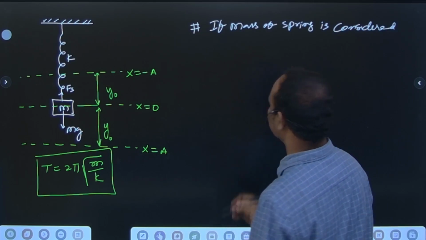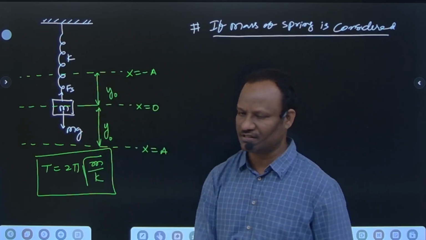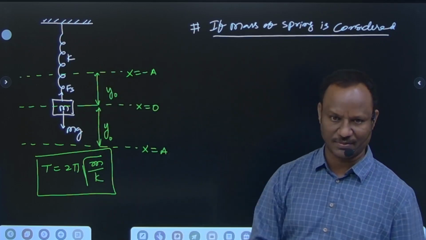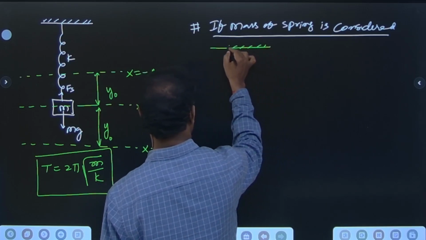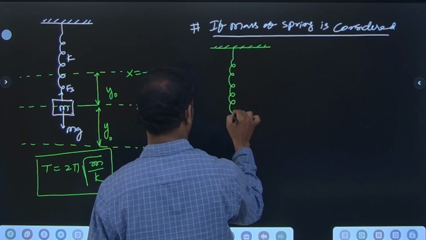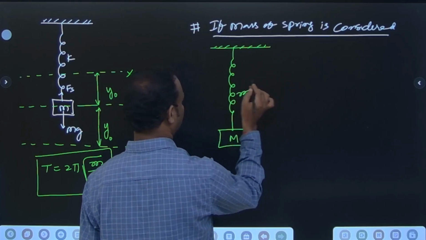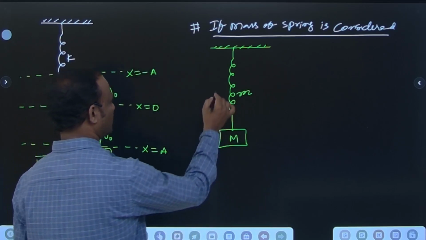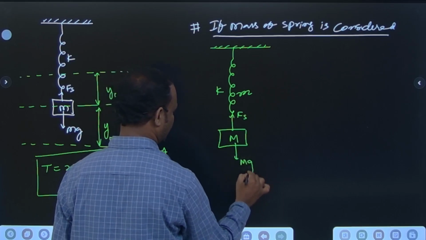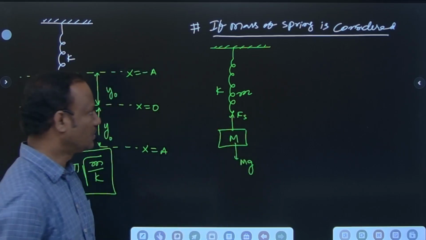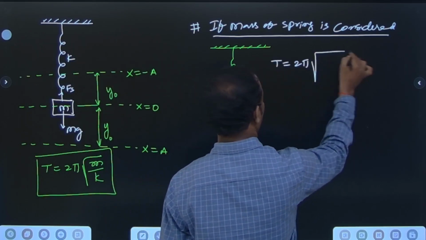When the mass of the spring is considered, for example, let the mass of the spring be small m, and the attached mass be capital M. Let, for example, a spring be given. The attached mass is this suspended mass, capital M. This is small m. The spring's constant is K, the spring force is Fs, and the weight is mg. Then you can write T is equal to 2 pi under root of total